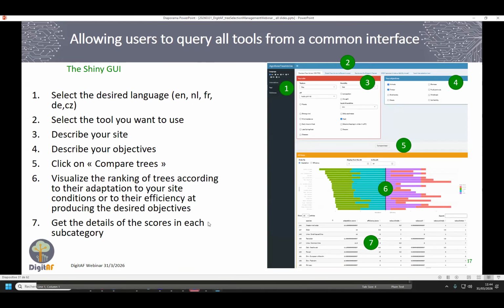For example, the common interface is a Shiny interface where you can select your language and select the tool you want to use. In this screenshot, there were only five tools. Now there are 10. So it's a work in progress.